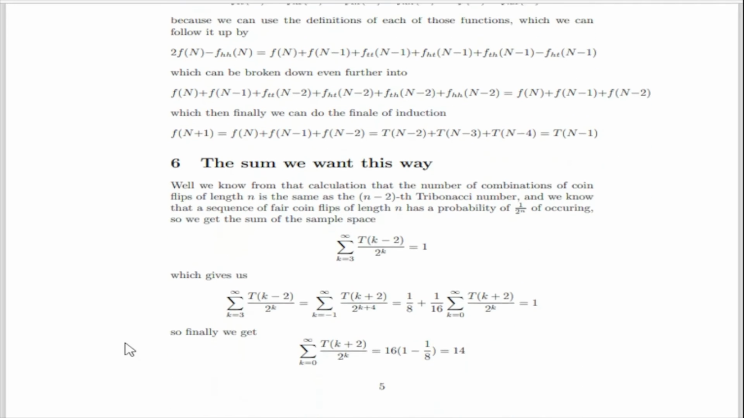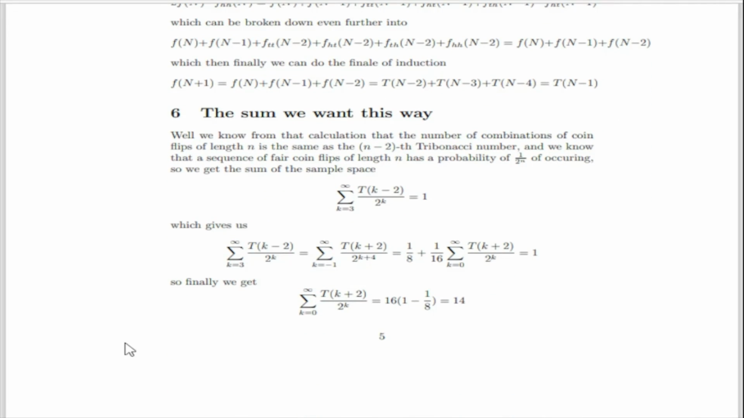The sum we want this way. Well, we know from the calculation that the number of combinations of coin flips of length n is the same as the n minus 2th Tribonacci number. And we know that a sequence of fair coin flips of length n has a probability of 1 over 2 to the n of occurring. So we get the sum of the sample space from k equals 3 to infinity of t of k minus 2 all over 2 to the k, which equals 1 because it's a sample space, which gives us the following